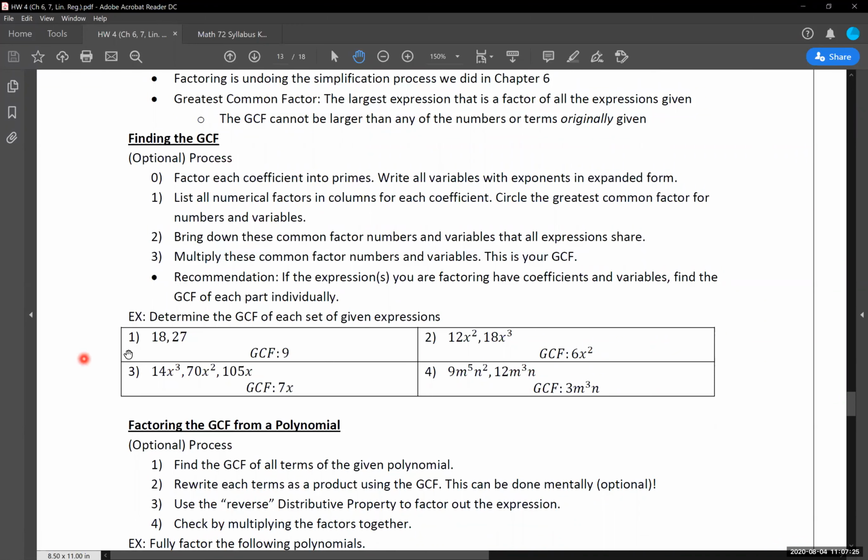So let's go and take a look at 4 examples with this, because again, I think the process is not bad. There's a lot of ways that I've seen people go through and find the greatest common factor that isn't this method, but it's just one that we can use. And there are some shortcomings with this that I'll show you guys as we go through this as well. So we have 4 examples. That's what we're going to go through over on our Blackboard. So I'll jump us over there. We'll go through these.